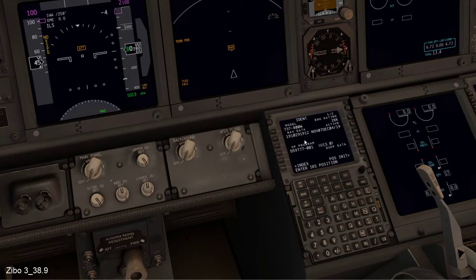This is the software version of the FMC, and gets updated by maintenance. We can think about this as starting top left and working down the left soft keys, and then top right working down to the bottom right, and always the next page in order is shown here on the bottom right. And you can understand that the FMC wants us to enter the IRS position, and the next page is the